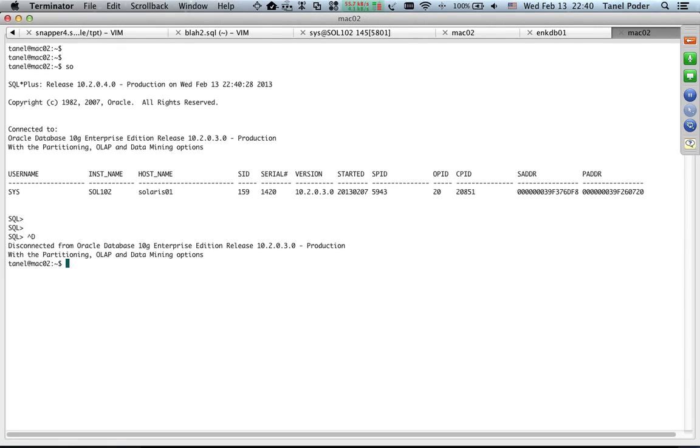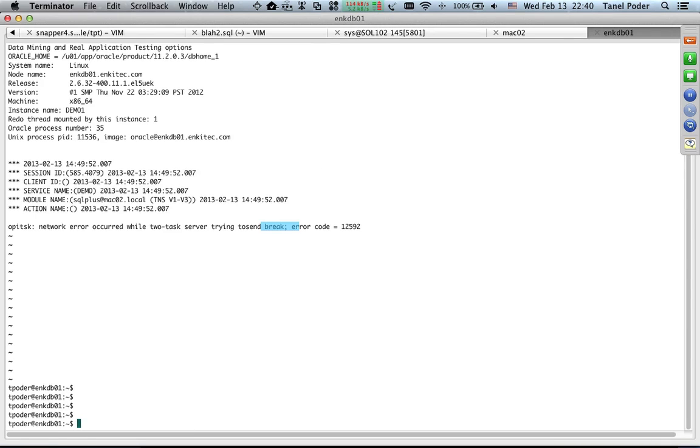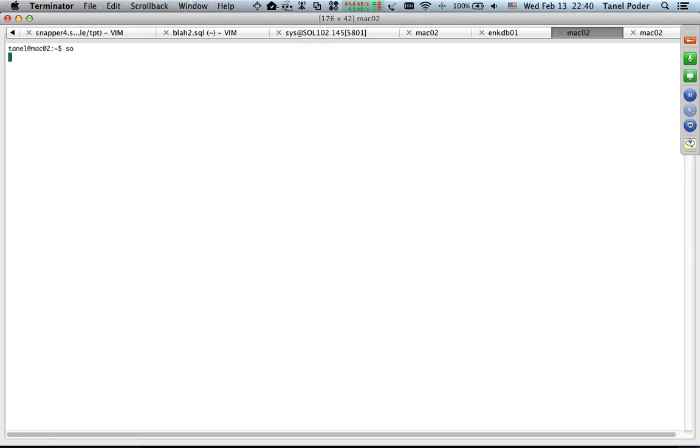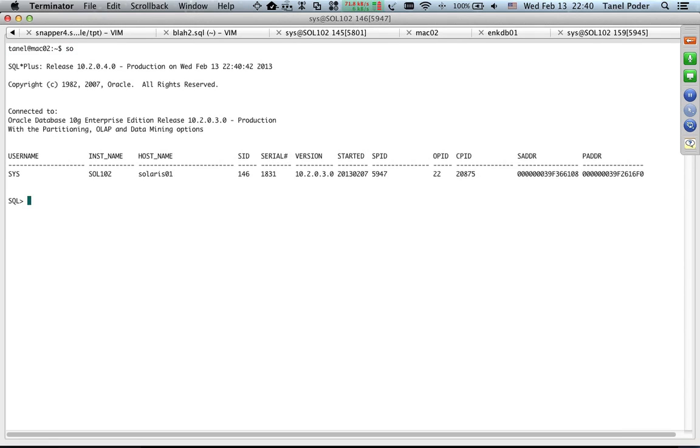Let's see. Okay, now I'm going to log into 10G. Let's see whether anything breaks here. But I tested it on 10G as well, so a bit ago it worked. So I have a session 146, and I will say, set